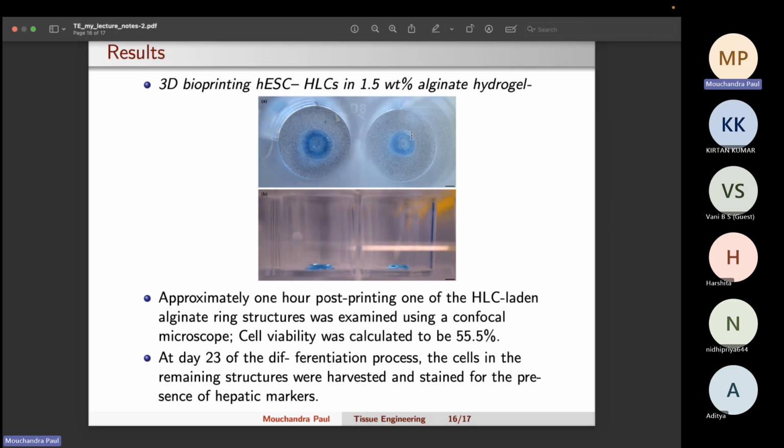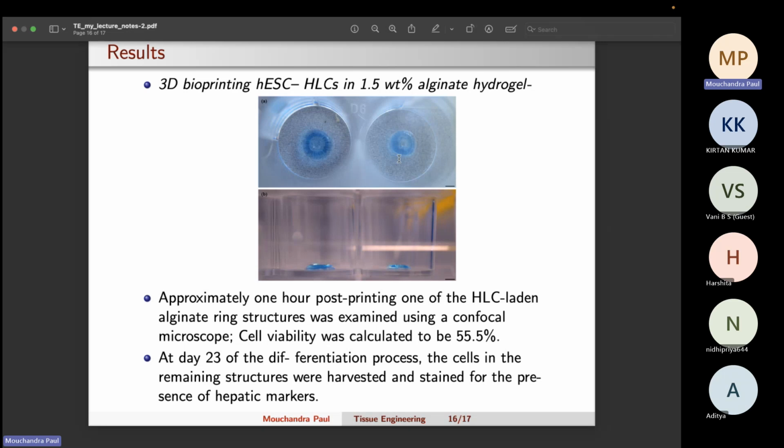And they have made these ring kind of structures. They have deposited droplets in a ring structure, and this hydrogel, when in liquid state, can spread. Because of that, the spaces between the droplets become continuous, and you get a continuous ring structure. And after printing, they have examined how the cells are present, using an assay called live and dead assay,